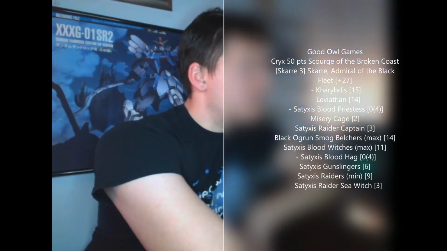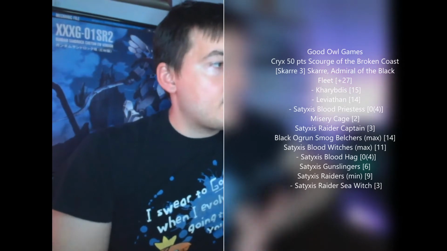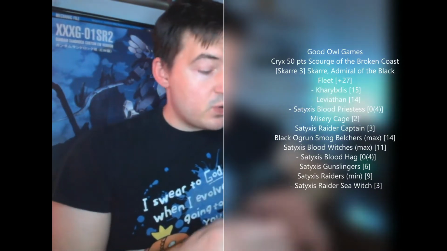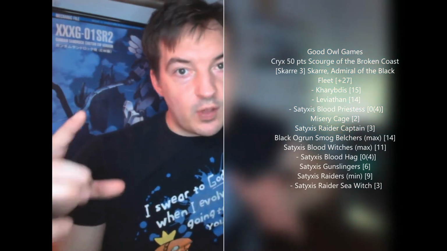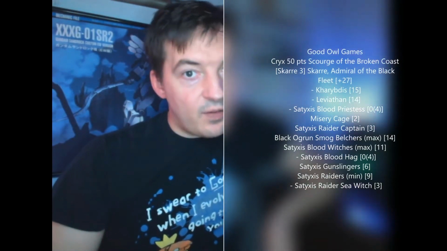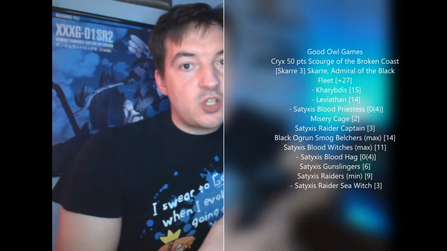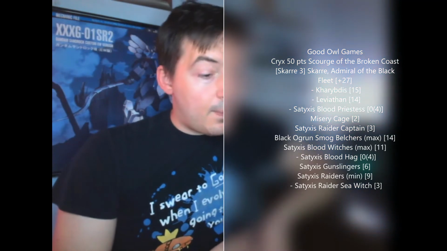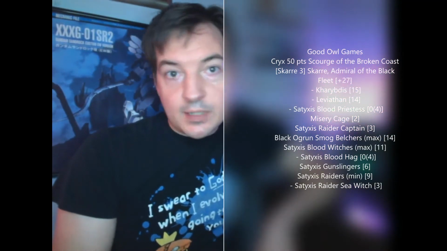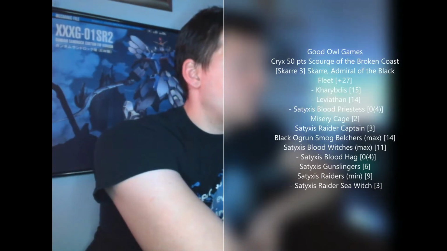Black Ogre Smog Belchers, max unit. So these guys are tough. They have a rule, anytime they shoot, they basically place a 3-inch area of effect cloud effect around them, so you can effectively set up a line of screening if you use them cleverly. I figure these guys are quite literally cannon fodder. You want to run them ahead of the back end of your army, so they essentially will set up screening. If you want to keep more fragile units like the Gunslingers and the Raiders behind them, that's probably a good move. They also can do...